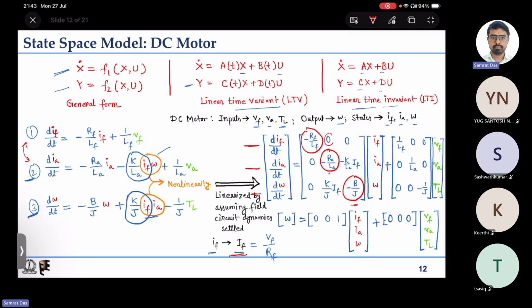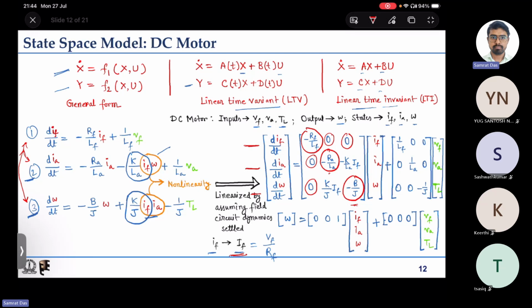So, this is 1 2 and this is 2 1, both these are 0, and similarly there is no coupling between equations 1 and 3. If again we assume that the field circuit has reached steady state, then If is a constant number. So, 1 3 and 3 1 both are constant numbers, but that is not true for the 2 and 3